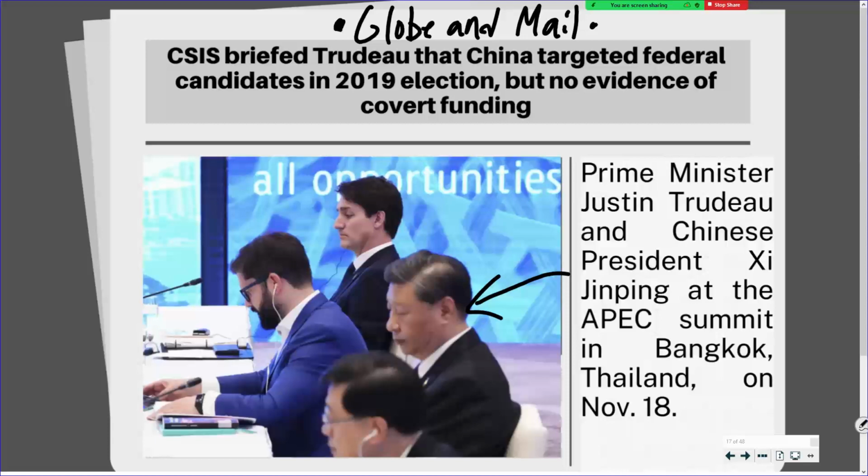So this topic has been around for a long time. Governments around the world love to tamper and meddle with elections of other countries. America's been doing it for many, many years, and when Trump was elected in 2016, there were lots of allegations that the Russians had meddled with the election. Now we've got allegations that China has been meddling with our elections. So the Chinese government is trying to ensure that certain candidates get elected in Canada. I'm not sure why they would want certain candidates, but the report certainly looks like that's the case here.